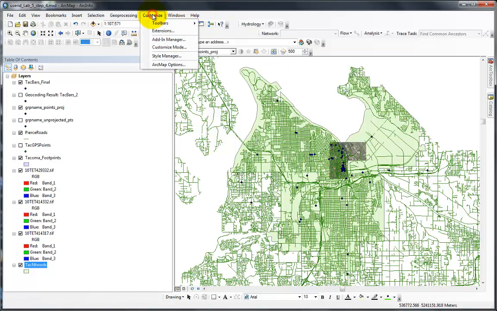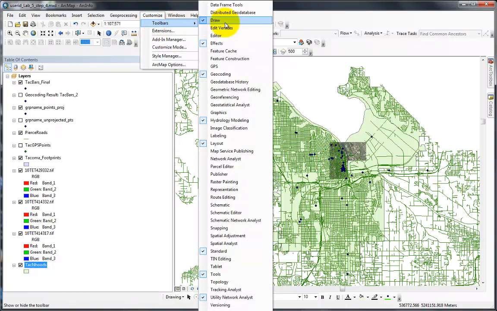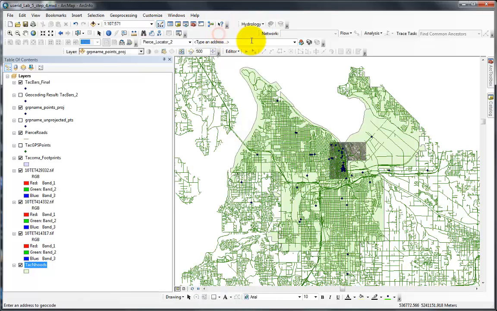First thing to do is customize toolbars and find the editor toolbar. There it is. I usually dock mine at the top. Notice it's all grayed out because I haven't started editing yet. I will in a minute. To activate the editor, click Editor, Start Editing,